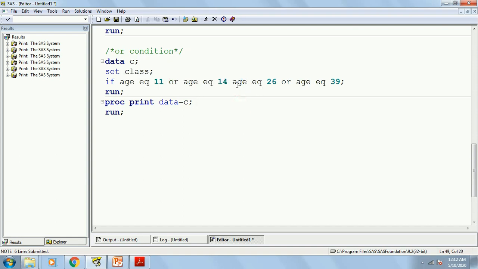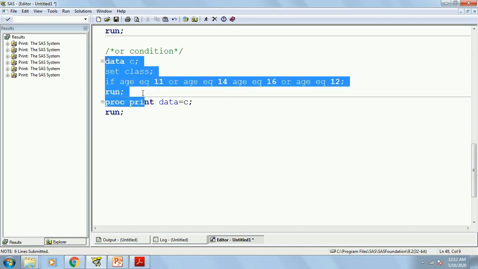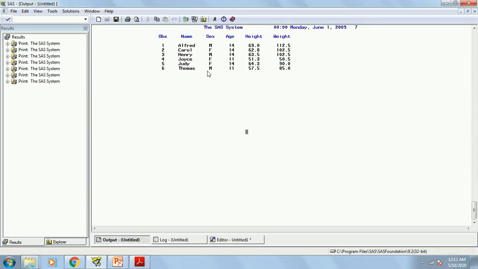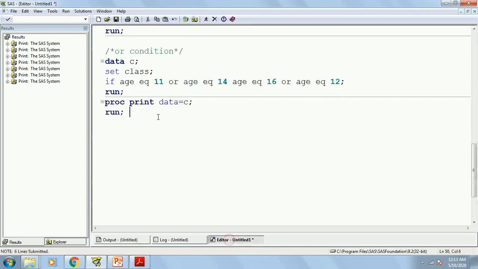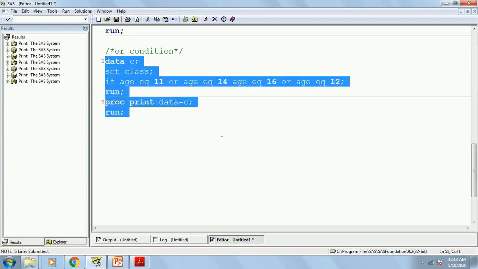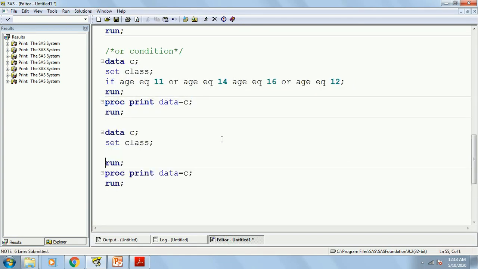So this will give you the result, it's not a problem, it will give you the result, but we have a shortcut way of doing that. That is the IN function. So what you can write, simply use it.